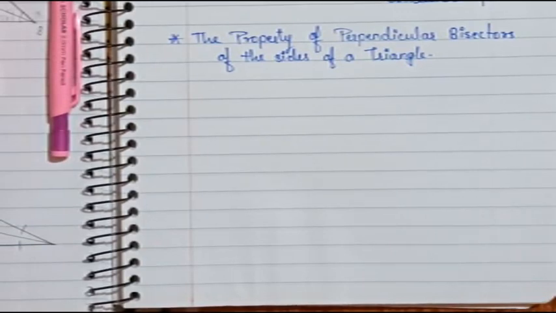That means a line segment was given and we bisected it into two parts with the help of a perpendicular. Okay. Now, students, similarly we are going to study the perpendicular bisectors of the sides of a triangle. मतलब triangle के जो sides हैं उसको हम लोग perpendicular bisector में divide करने वाले. Okay. So now let us study this.